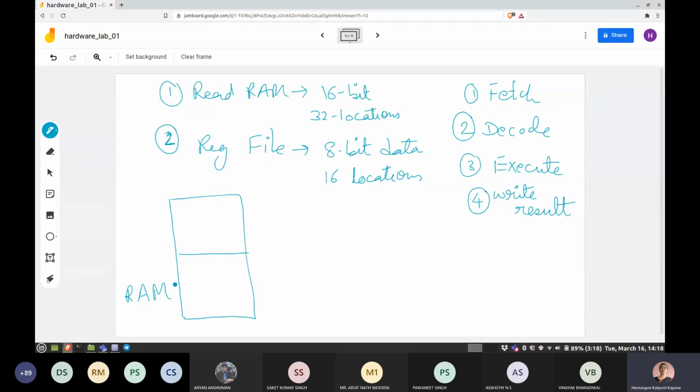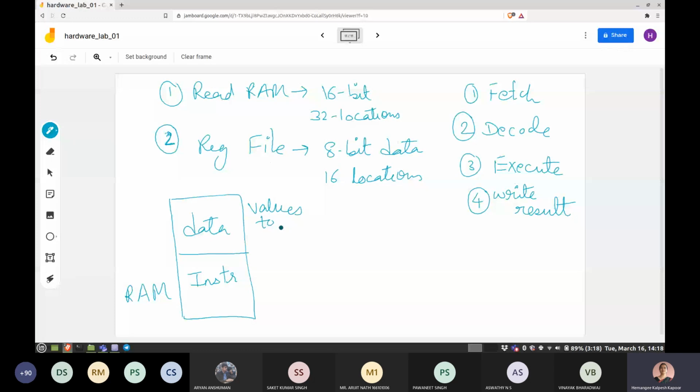Data is the values which you want to compute on, and instruction is what to do. Normally our programs look like this. We'll be making a small tiny example of that.